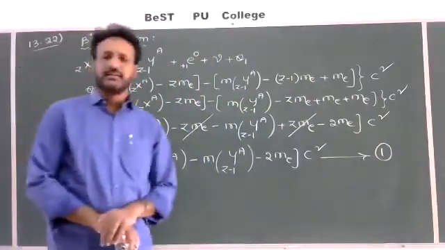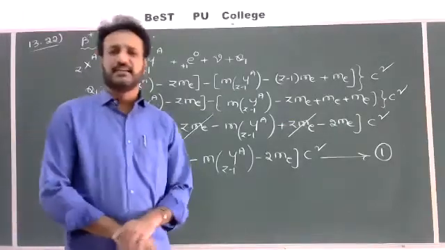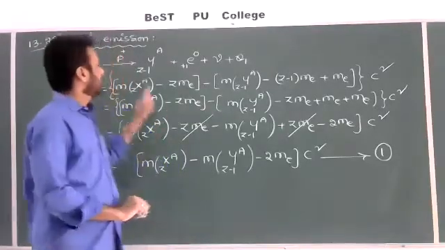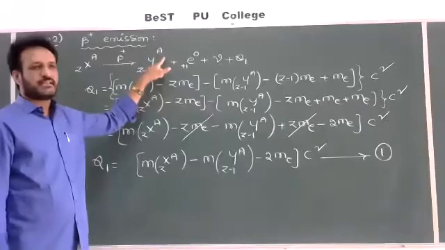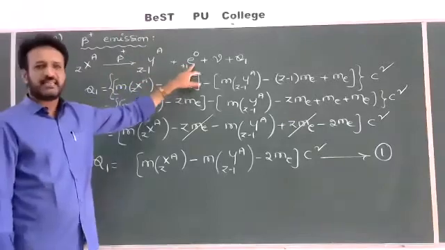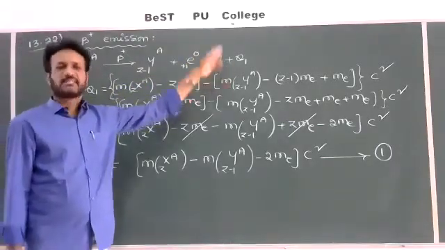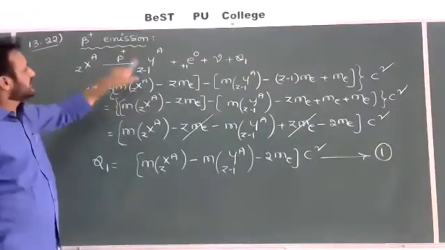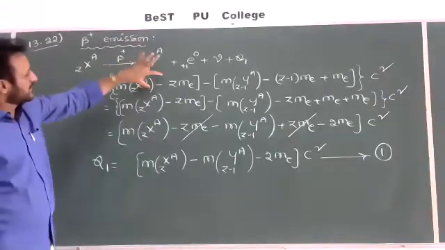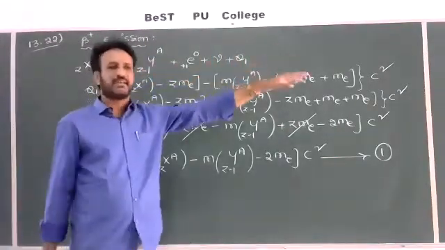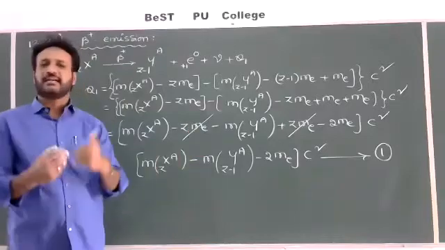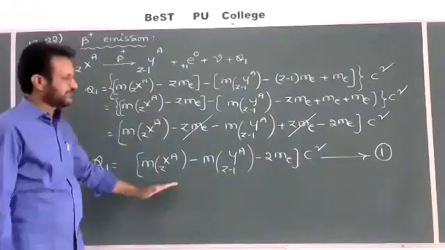So try to understand carefully. In case of beta plus emission, whenever a radioactive sample emits one beta plus particle, its atomic number decreases by 1, but the mass number remains the same. So here also I have written one XZA emits one beta plus particle, e plus 1 0, and a neutrino plus some amount of energy. It will be converted into Y Z minus 1 A. I am calculating the amount of energy released here: mass of the reactants minus mass of the products into c square, and I am subtracting electrons from the atom. If you subtract electrons from the atom, what will you get? Nuclear masses. So we got this first equation.